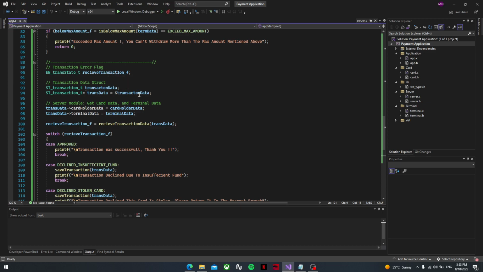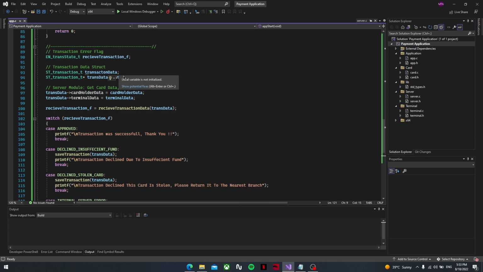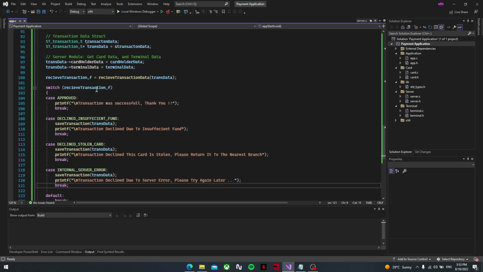I set a transaction error flag and the transaction data struct. The server module gets the card data and the terminal data into the transaction data struct. Then I will just run the receive transaction data function